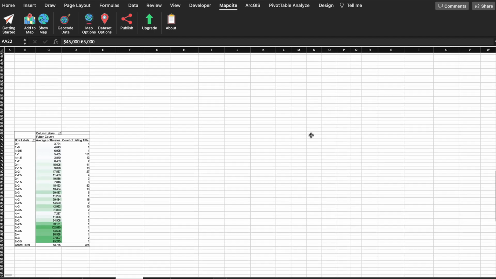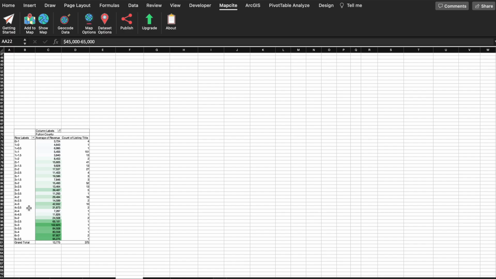And if you scroll down, we see the type of listing units that are generating the most revenue. So the darker the green, the more revenue that it generates. So we can see right here that there's 10 listings of a 4-bedroom, 3-bath, which is generating $42,000 on average.